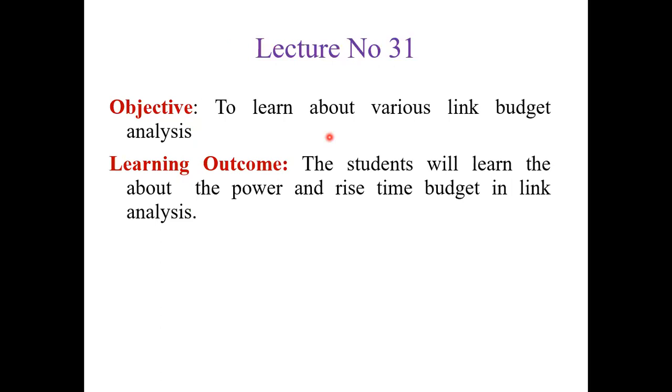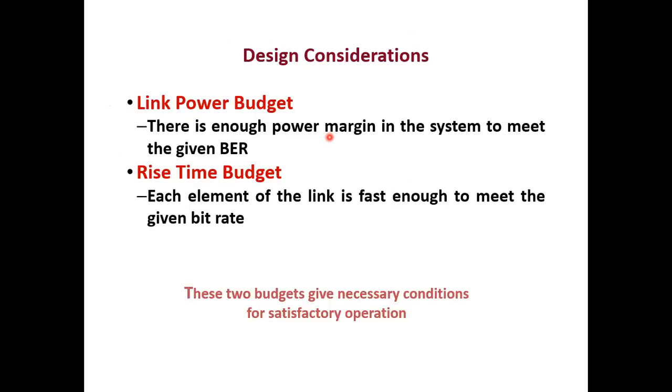So the objective is we will be studying about the various link budgets. So we have two budgets, the power budget and the rise time budget. Okay, so what is the link power budget? There is enough power margin in the system to meet the given BER. See, we have the transmitted power, and then once I transmit that power, I receive that power. Now, in this journey from the transmitter to receiver, I have various connectors, splices,